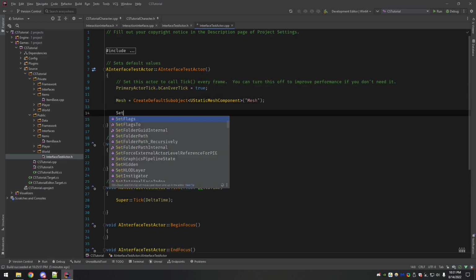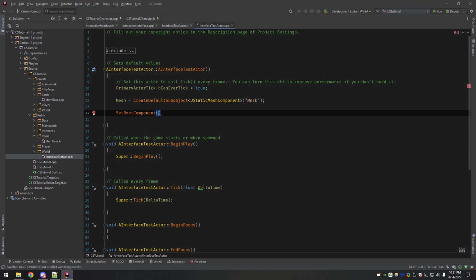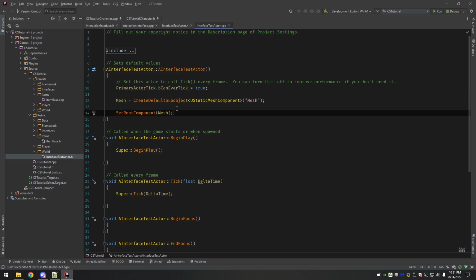Then we want to set RootComponent to mesh. So that's done. Now the move widget and everything is going to consider that mesh to be the root object of this whole actor. So that's what we want.